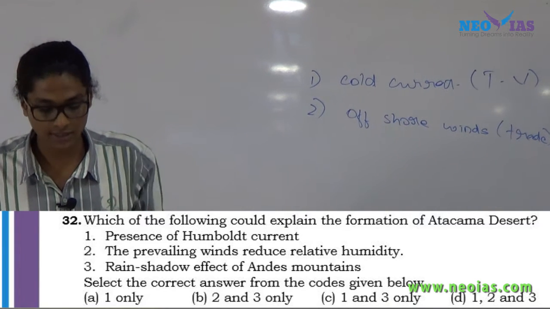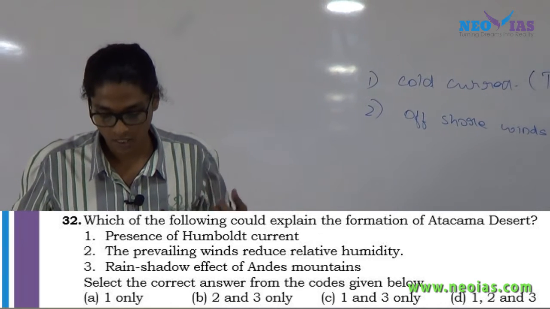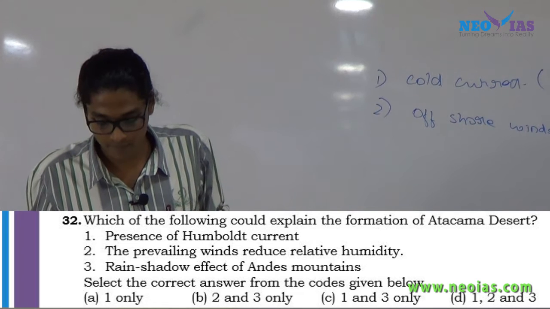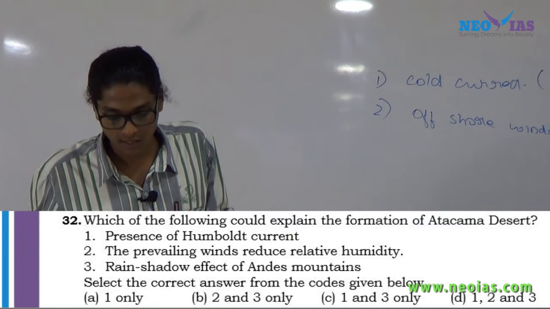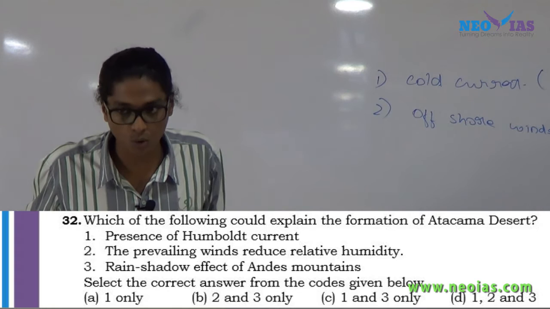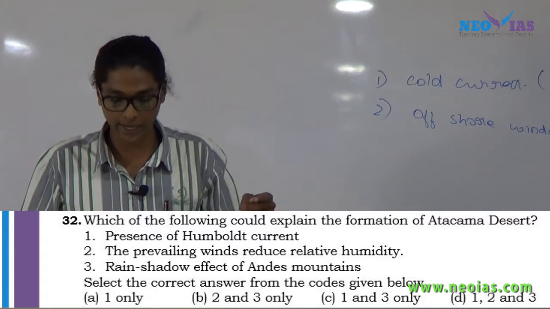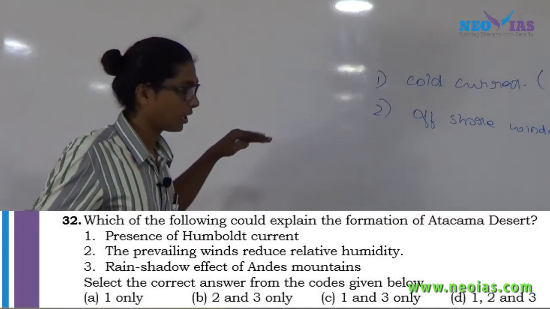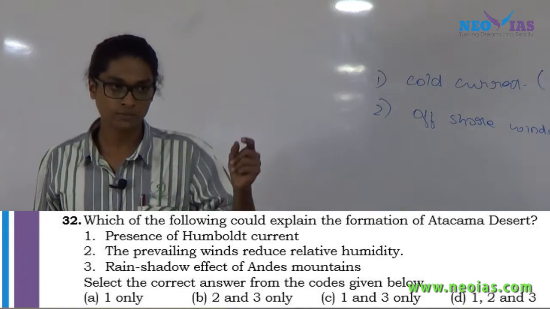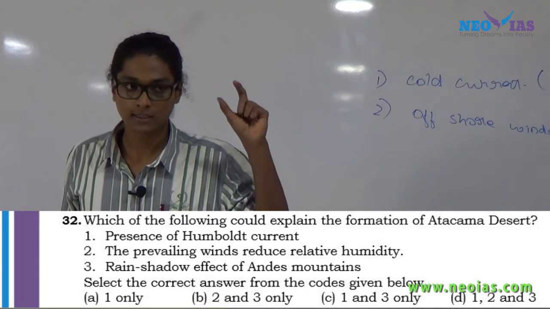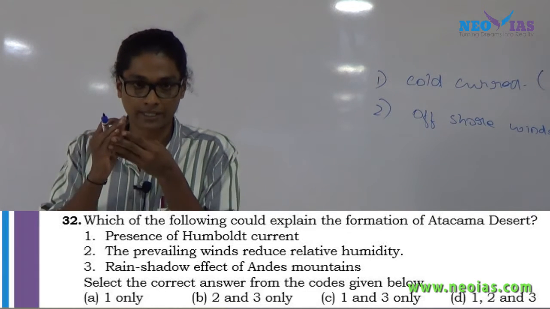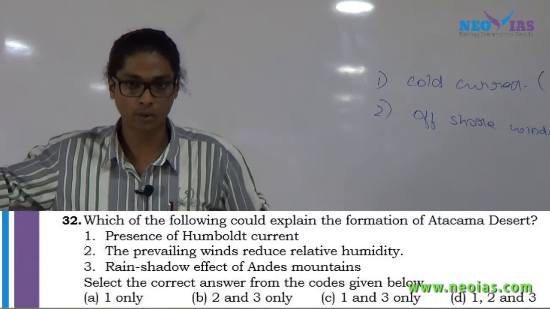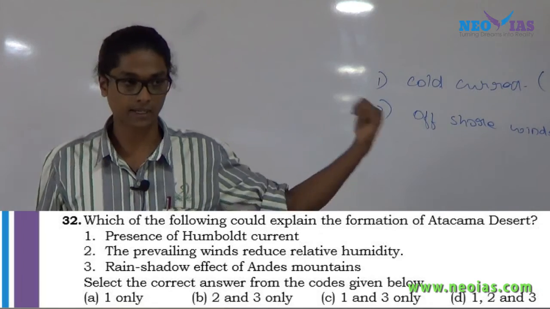Now if you know both these statements are true, you will get the answer as D, 1, 2 and 3. Okay. Now from that itself, understand that the third one is true. You should always note that the rain shadow region of Andes mountain also influences the formation of Atacama Desert. Okay, again I'm telling you, go through that region again. Okay, Atacama Desert, Ecuador and Peru. You should be thorough with the bordering states of Ecuador and Peru, as well as the formation of Atacama Desert.